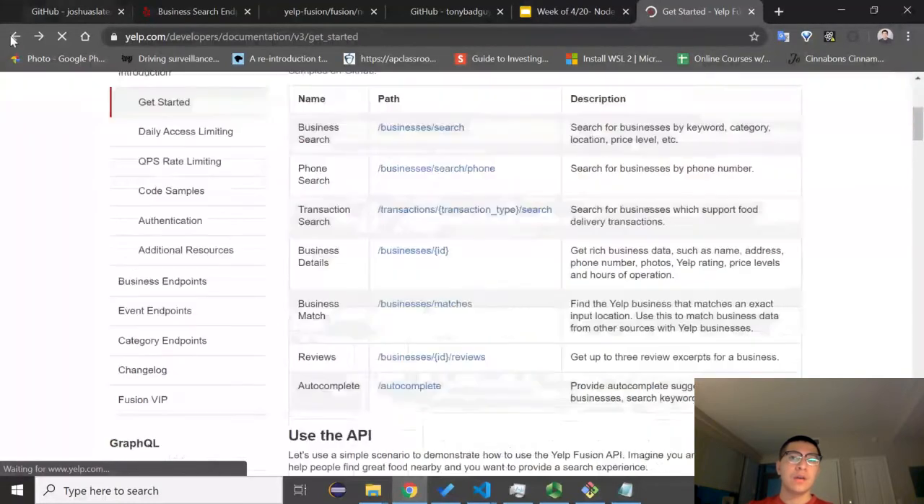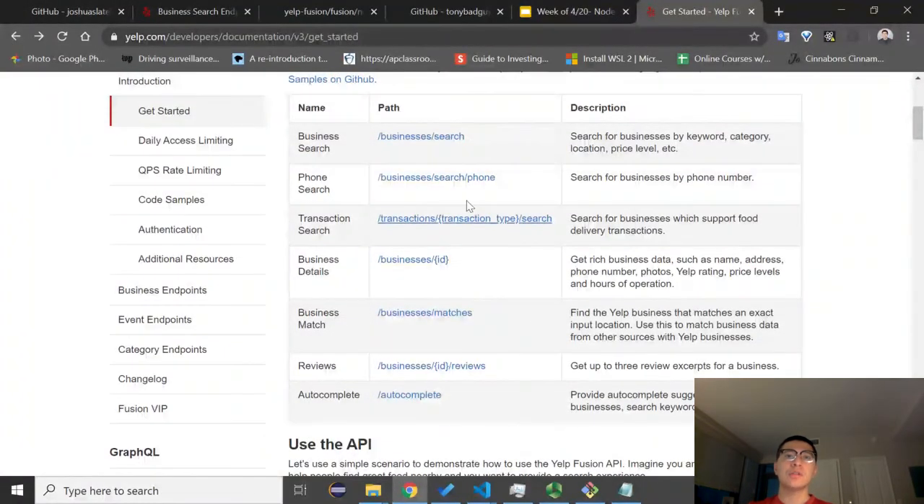Similar to Twitter. Go back. Phone search, transaction search, business details, business match, reviews, autocomplete, all these different things you can use, which might come in handy, especially autocomplete here. I believe, I never quite was in charge of this, but I believe you can use this if you want